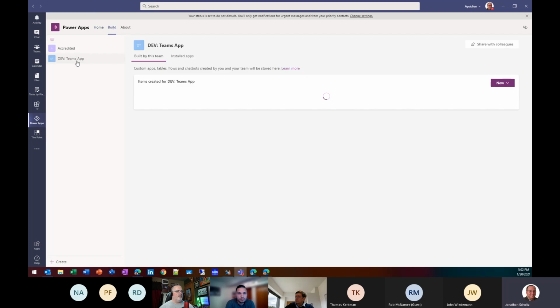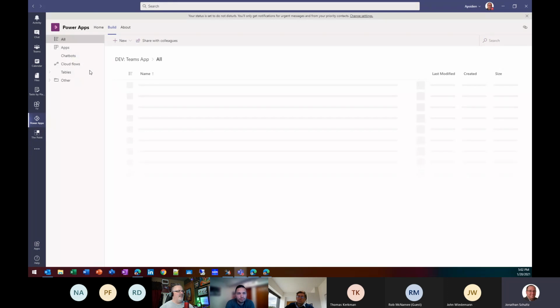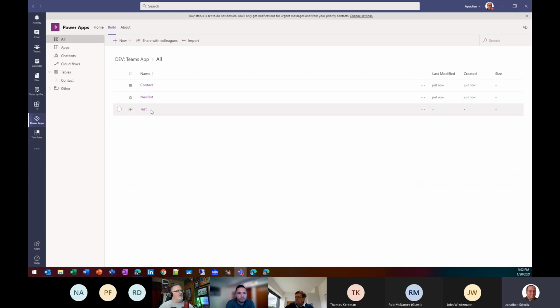You can also scroll through on the build side to see, for this Teams team, the entities and things I'm using. I have a table, and I had a chat bot in there, I think. That's the right visual to start with. There's nothing called Dataverse, no button anywhere. It starts, I think, with the Power Apps app in Teams.